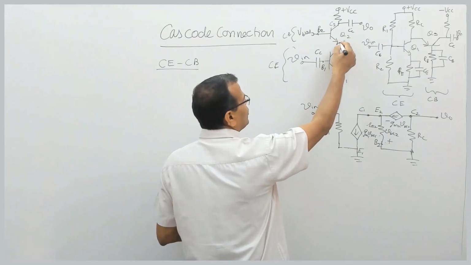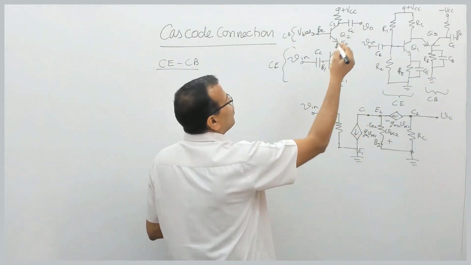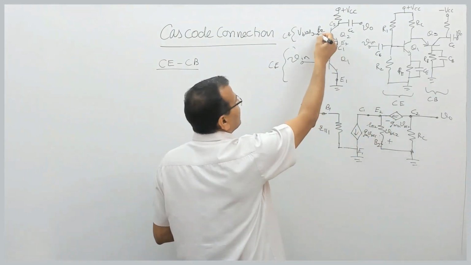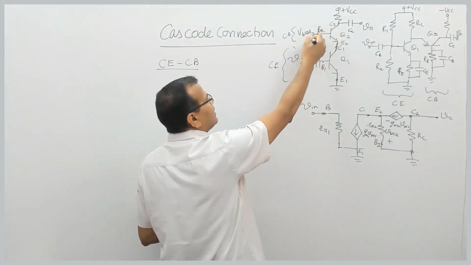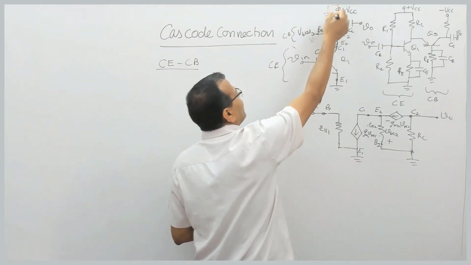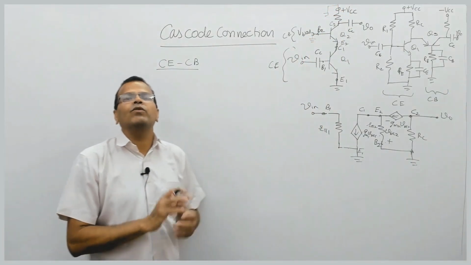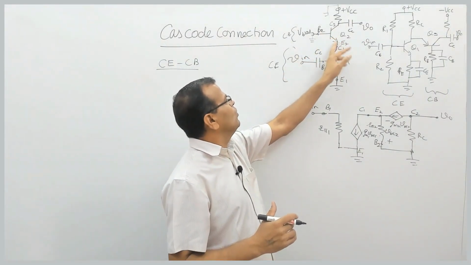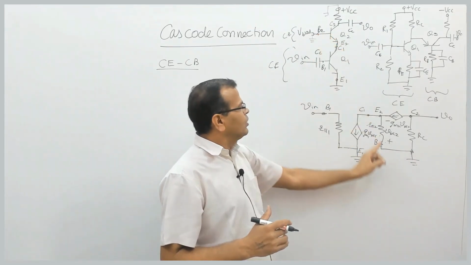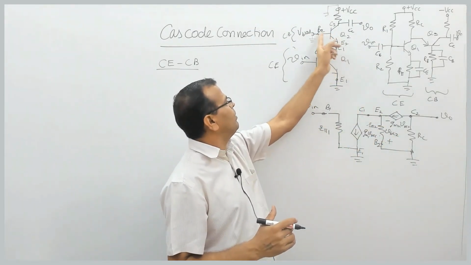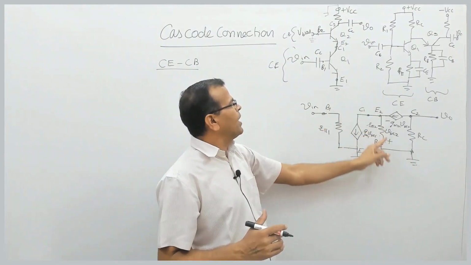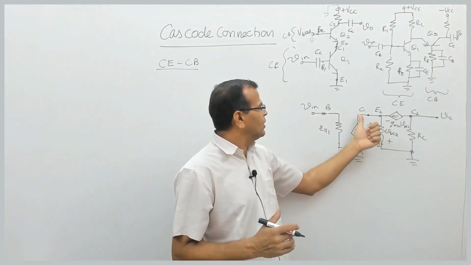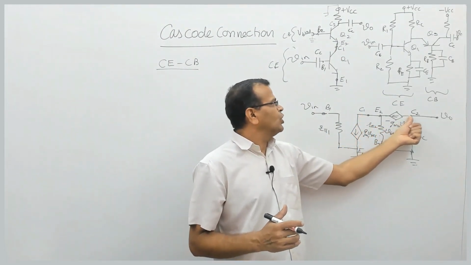Then C1 is connected to E2. What is there between E2 and base? A resistance. For the small signal equivalent, the base, being a bias point, is replaced by ground. For the small signal equivalent, biasing signals are replaced by ground. So B2 is grounded. What is there between E2 and B2? A resistance, which is r pi 2. What is there between C2 and E2? Just like C1 and E1, we have a current source between C2 and E2.